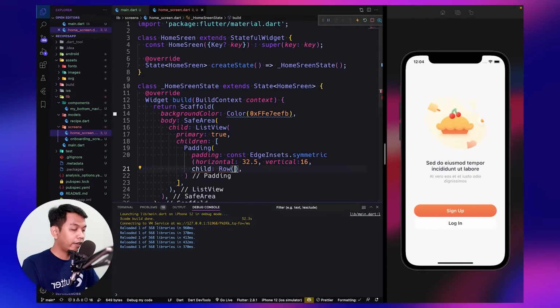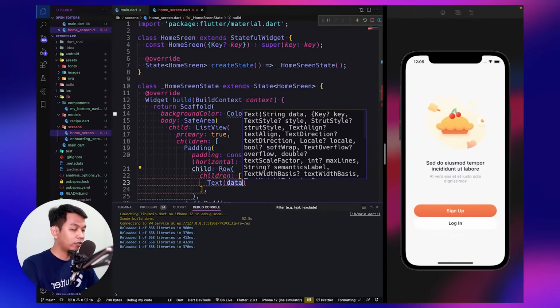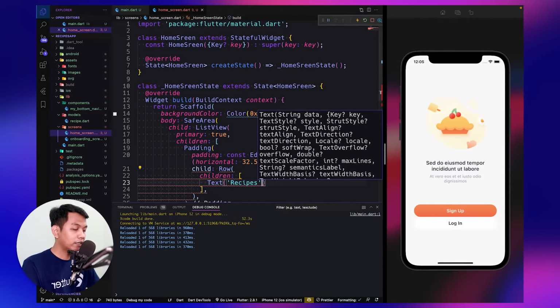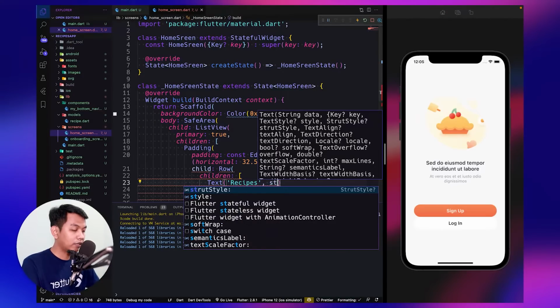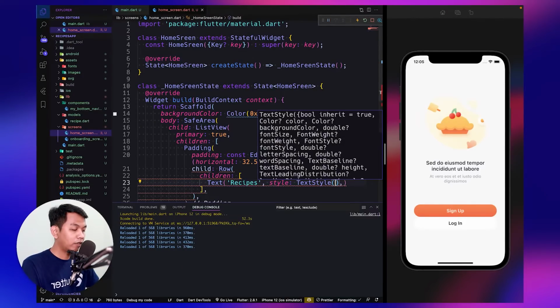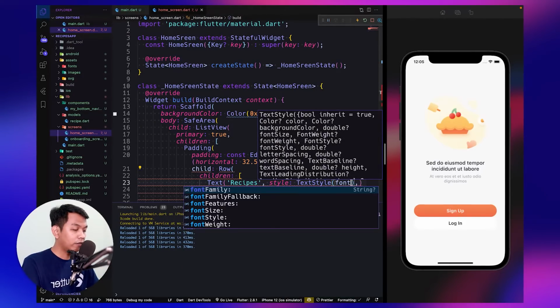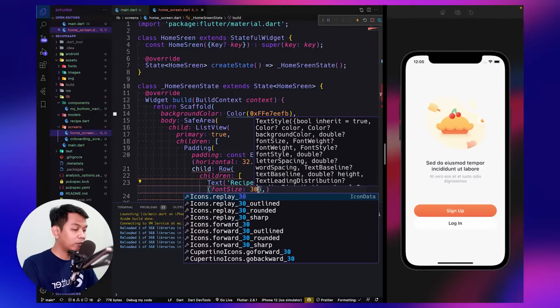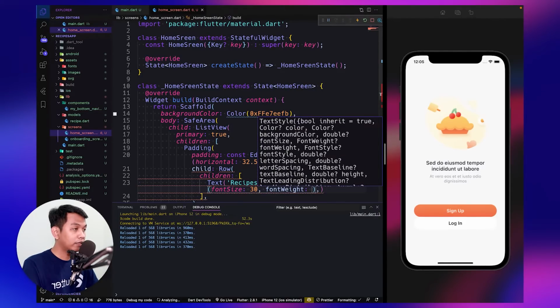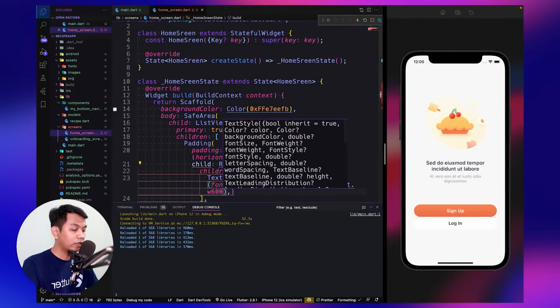Okay, and row has children. For the first children, let's make it a text widget and give a text receipts. And for the style, let's say style. For the text style, we give font size, make it 30. For the font weight, set it to 900.